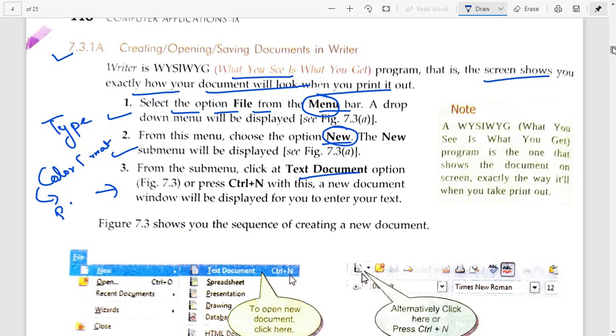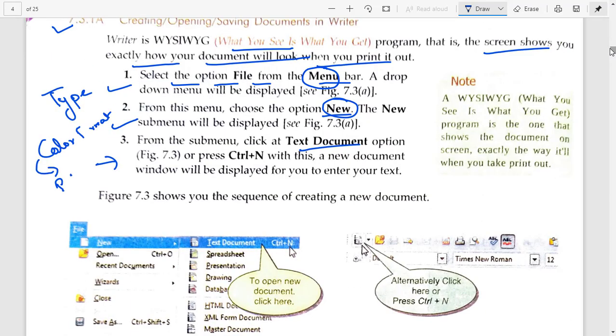Let's see in this image. As you all are able to see, here we are clicking on this File option. Under this you will get this New option, and when you click on it, your first option will appear as Text Document.